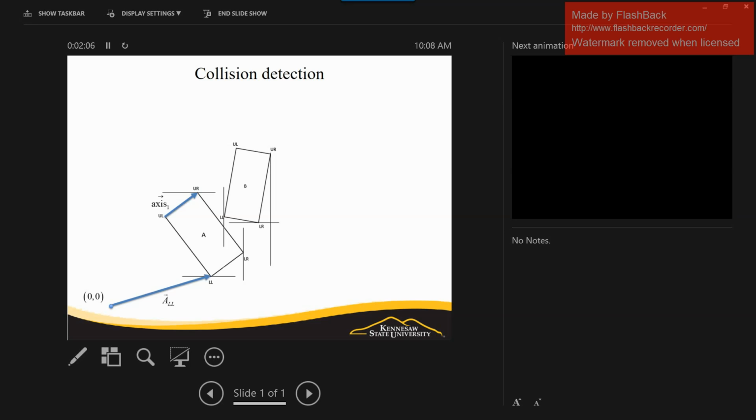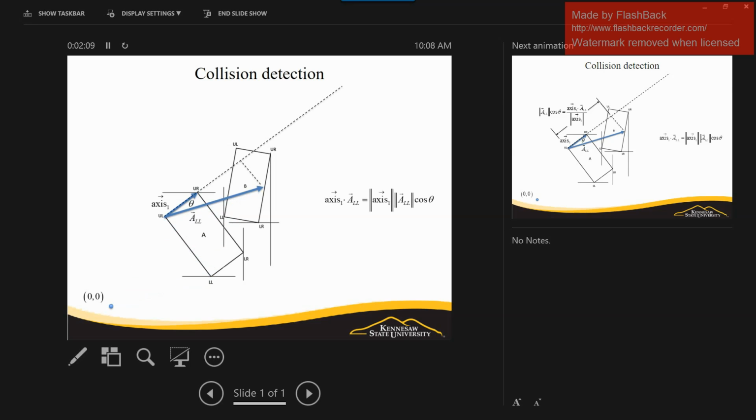Okay? Now, they talk about taking the dot product between these two vectors. And you will recall that the dot product between two vectors is defined as the product of the magnitudes of the two vectors times the cosine of the angle between them. Okay? And in order to visualize that, you can move the two vectors to where their tails are in the same place. Now, it doesn't matter which vector you move or where you move it, but you put the two tails together, and that angle theta is the angle between those two vectors. Okay? Then,